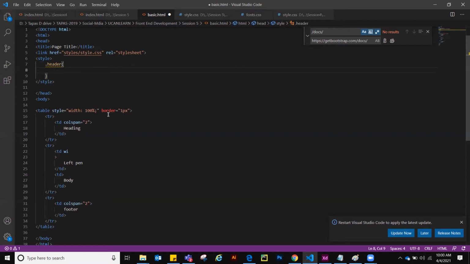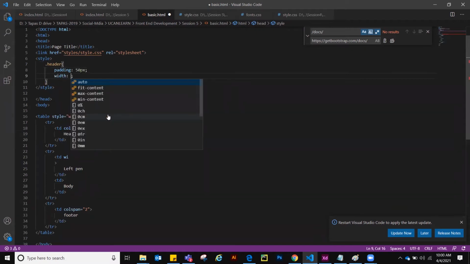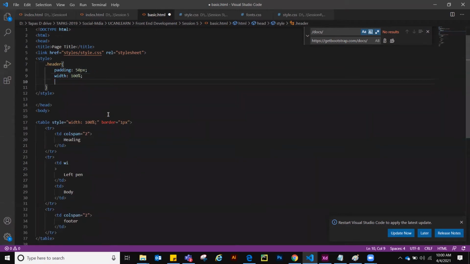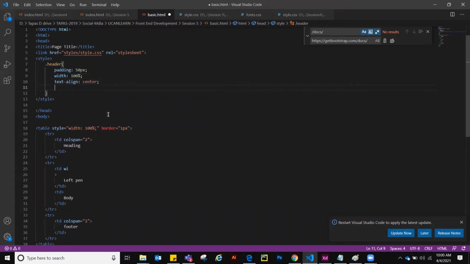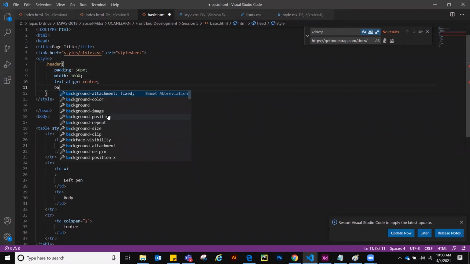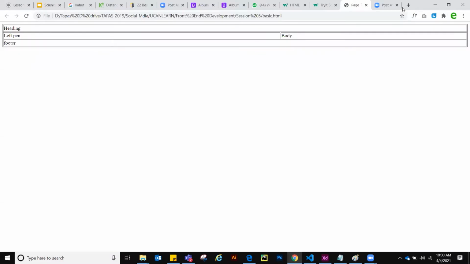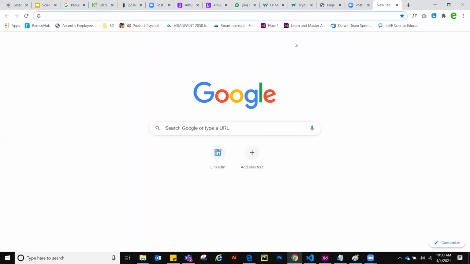Okay, right? So this is my header. So let me add padding, not auto. I need padding of some pixels, width 100%. See, simple. Okay, simple thing I am writing. You know this. Text align, center, background. Now let's add a background image. Okay, so we haven't yet added any background image anywhere. Generally in the header we have some kind of background image. Okay, so go to Google.